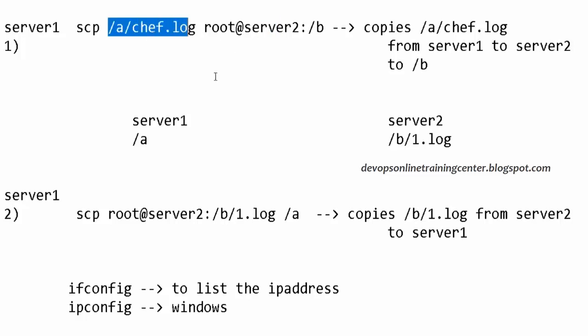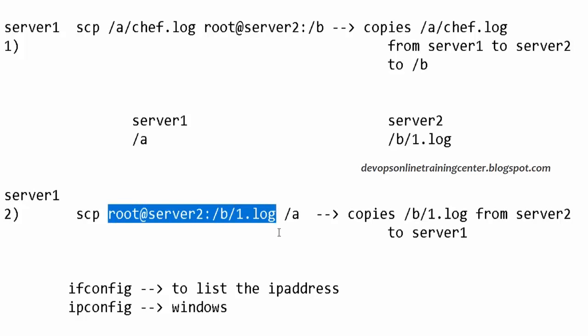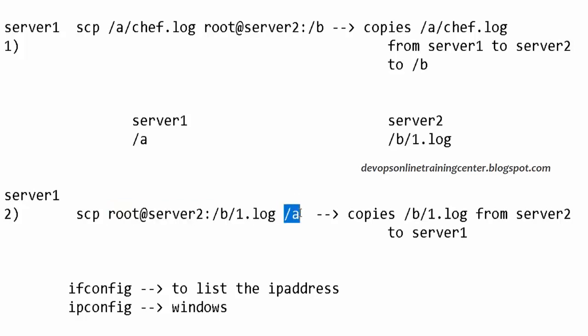This file will be copied to server 2 in the location /B. In the same way, on server 1, SCP, I want to copy a file from server 2 to server 1 into a location called /A. So this way we can copy files from different servers.